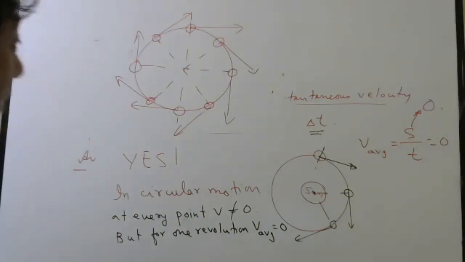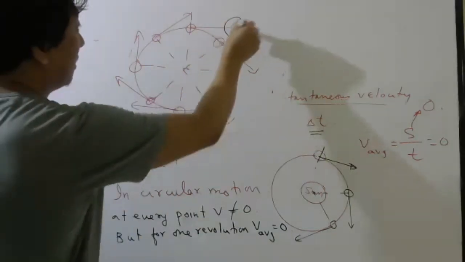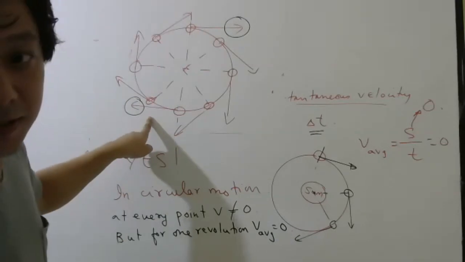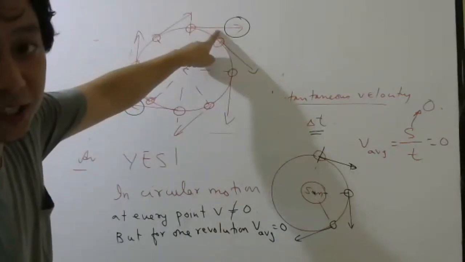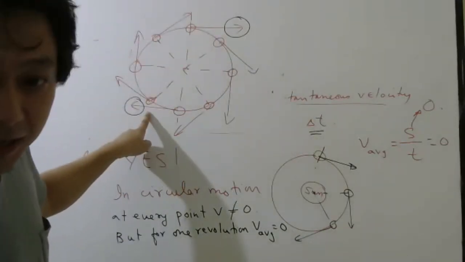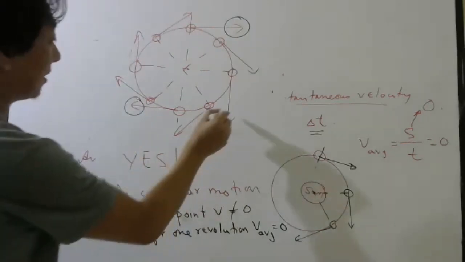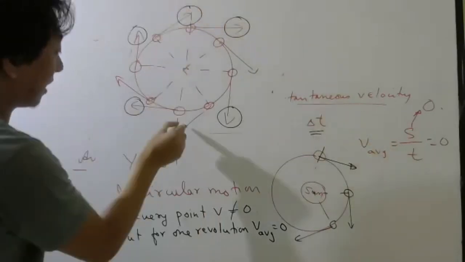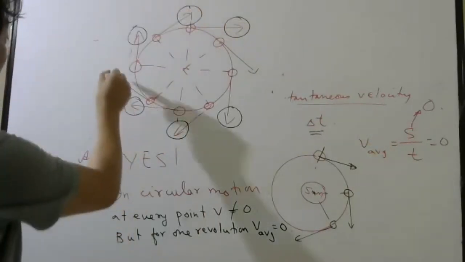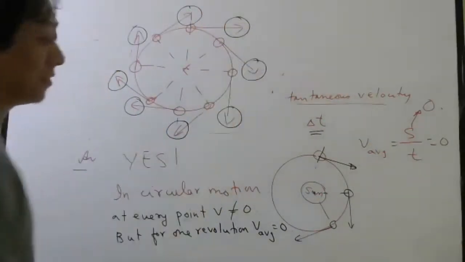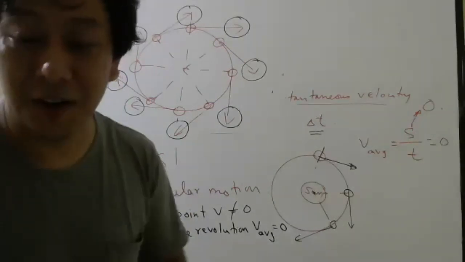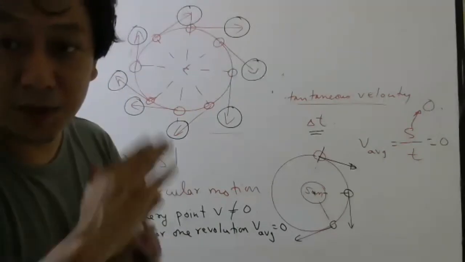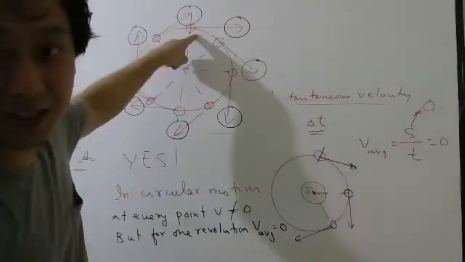try to listen carefully. If I take this velocity positive, I can take this one negative. Similarly, if I take this positive, I can take this negative. Understood or not? So the reason why average velocity is becoming 0 is because for every positive velocity, there is